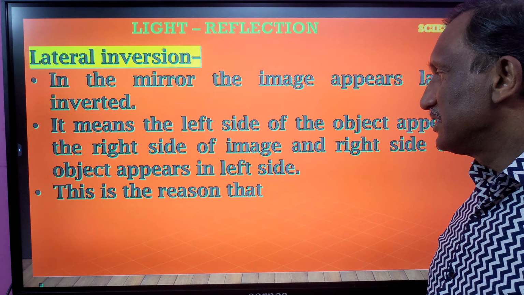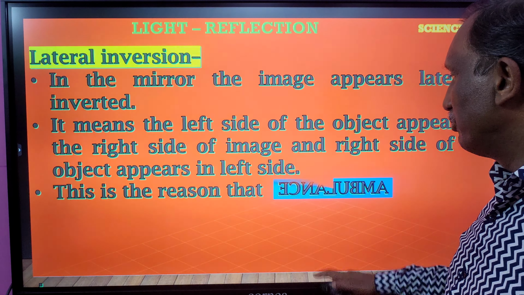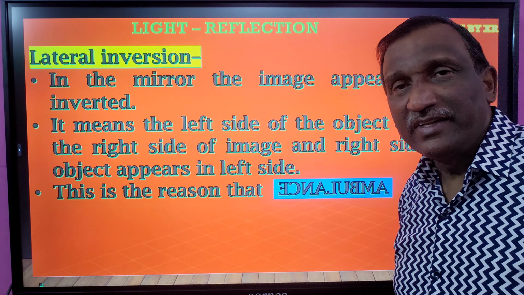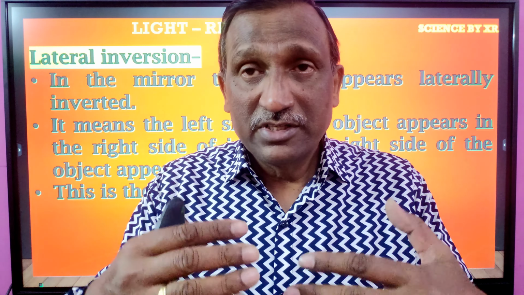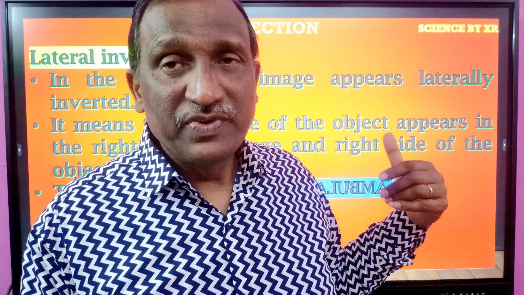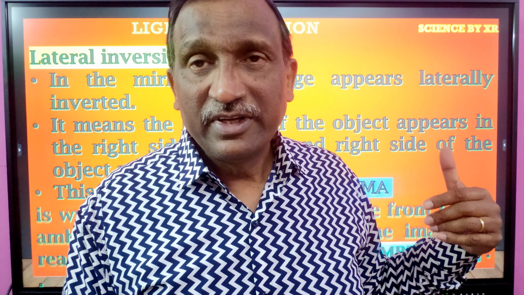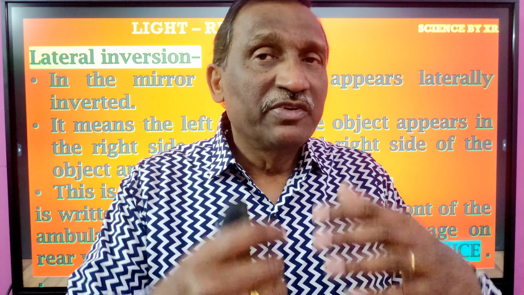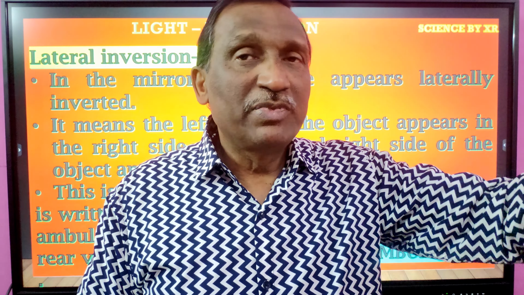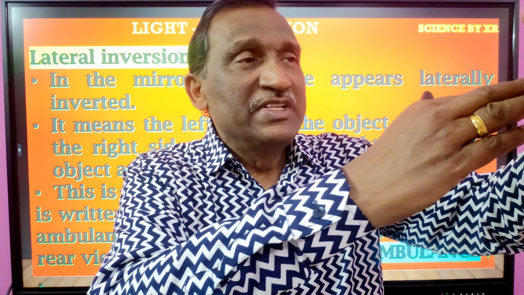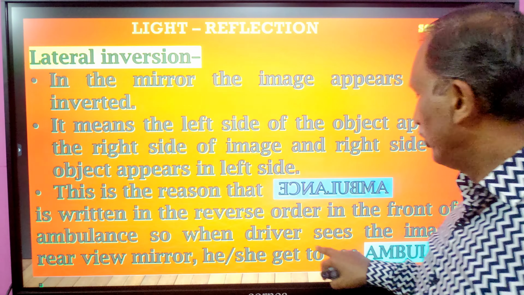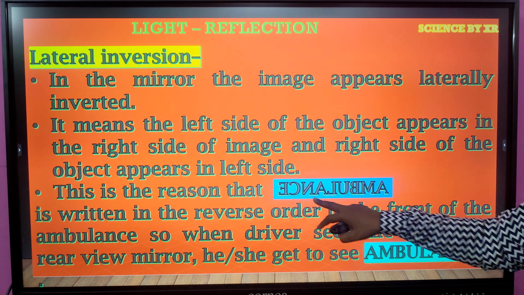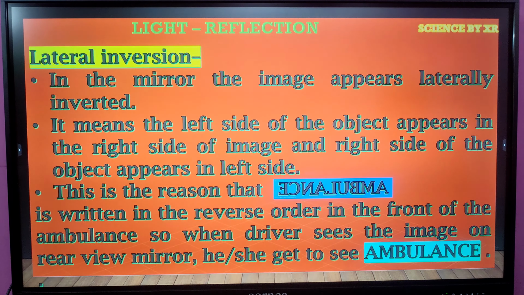Okay, this is the reason that the word ambulance is written like this on the front side. Front of an ambulance, the word is written in this way, in this order. ठीक है? तो इससे क्या होगा? The one who is driving a car or bus or anything in front, when he sees the image of that ambulance, he can read ambulance in the correct order. ऐसा लिखा रहेगा तो ऐसा दिखेगा मिरर के अंदर, ठीक है।